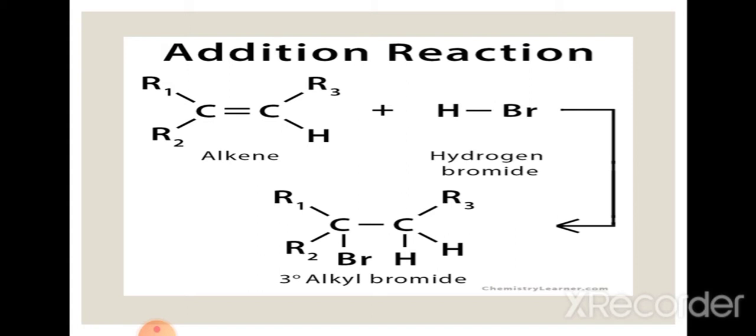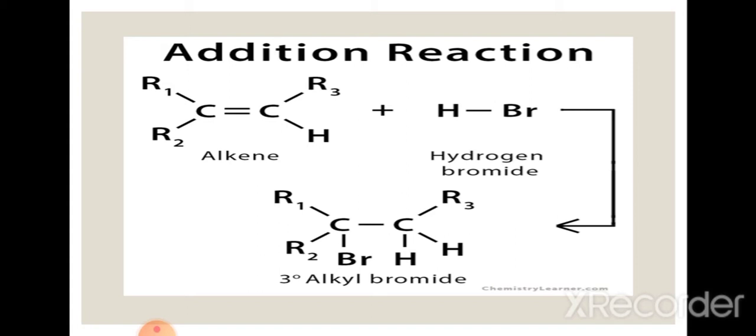Something more should be added as you are studying in organic chemistry. So the reagent which is being attached to the unsaturated organic compound. I hope you remember unsaturated means double bond and triple bond compounds. Yeah, your alkenes, alkynes are your unsaturated compounds. So when a product is being formed by the addition of some reagent to an unsaturated organic compound.